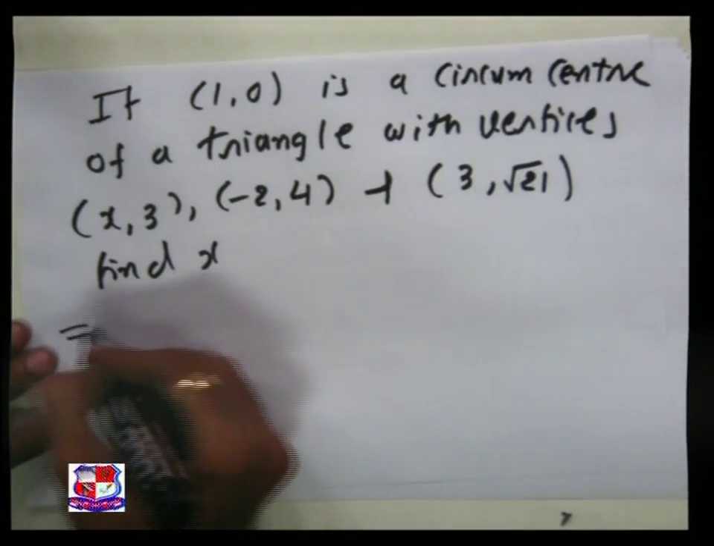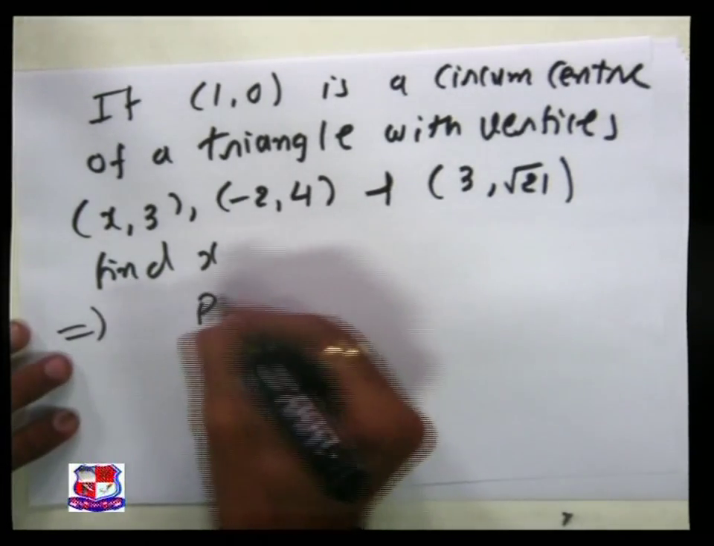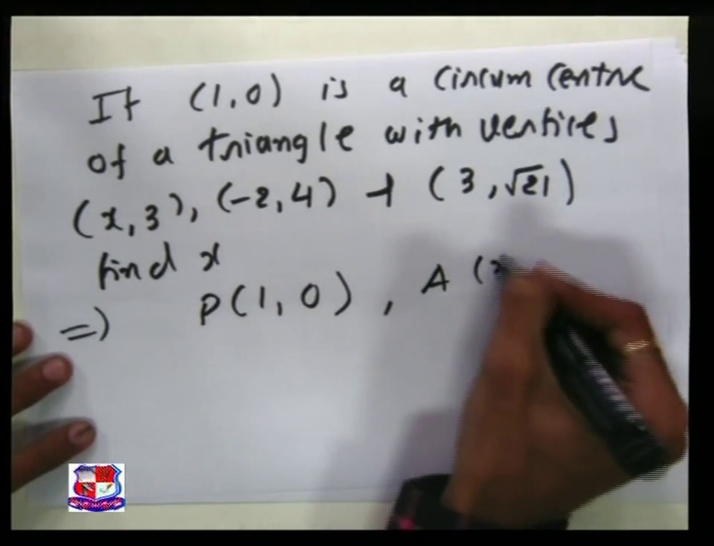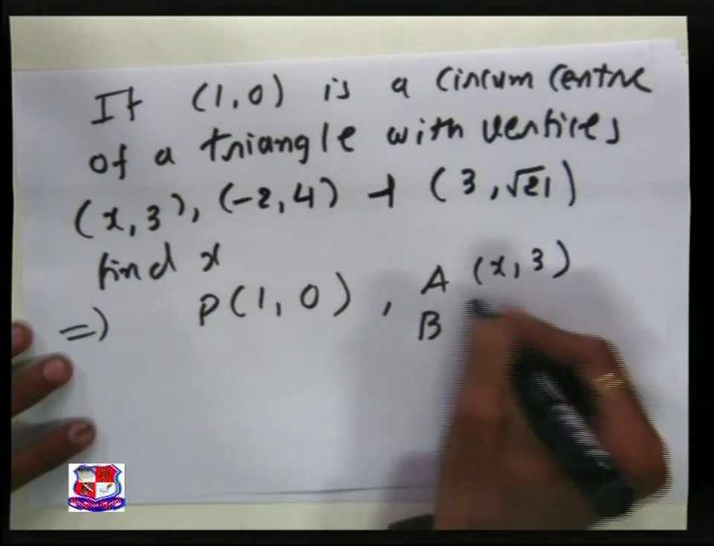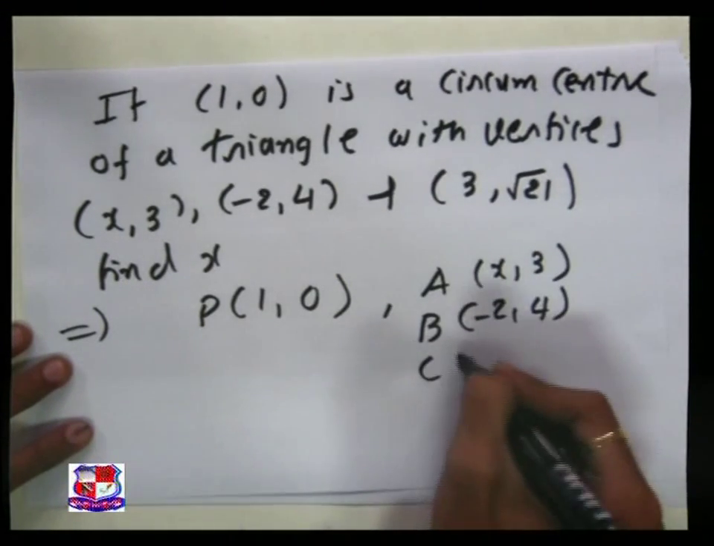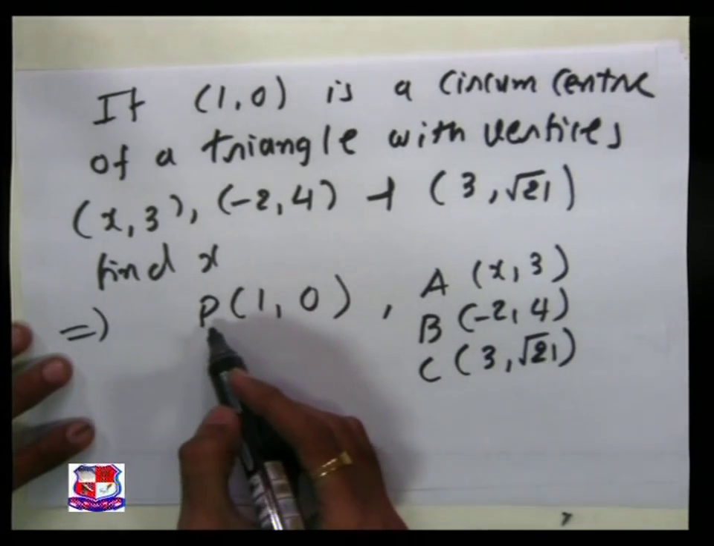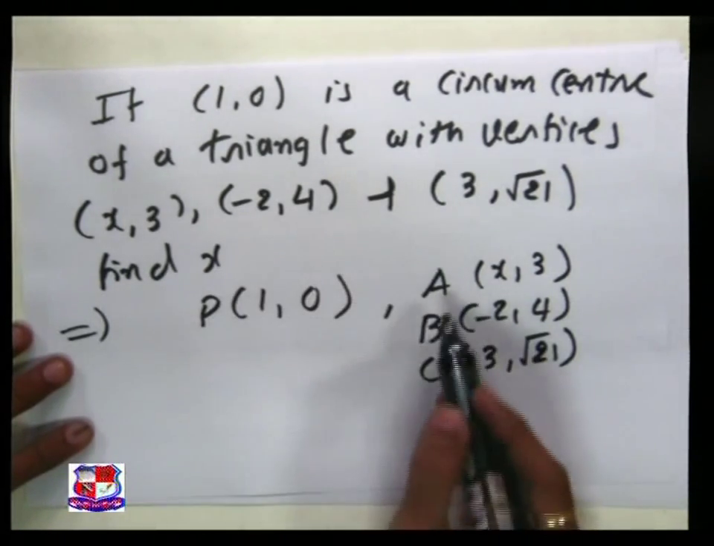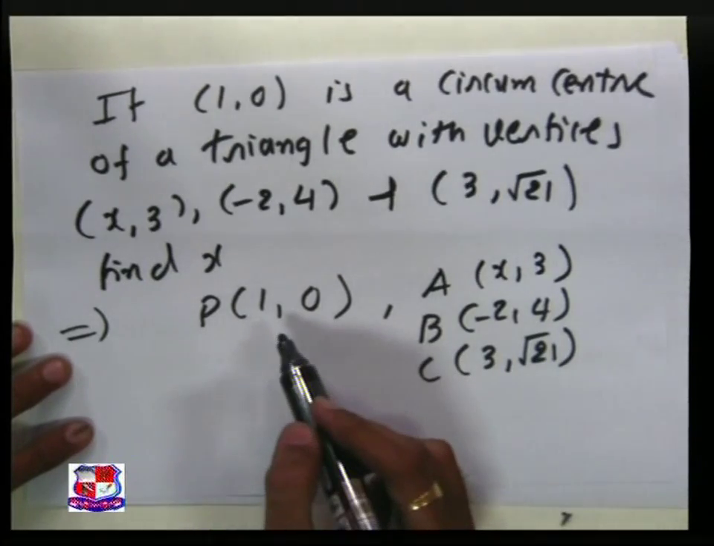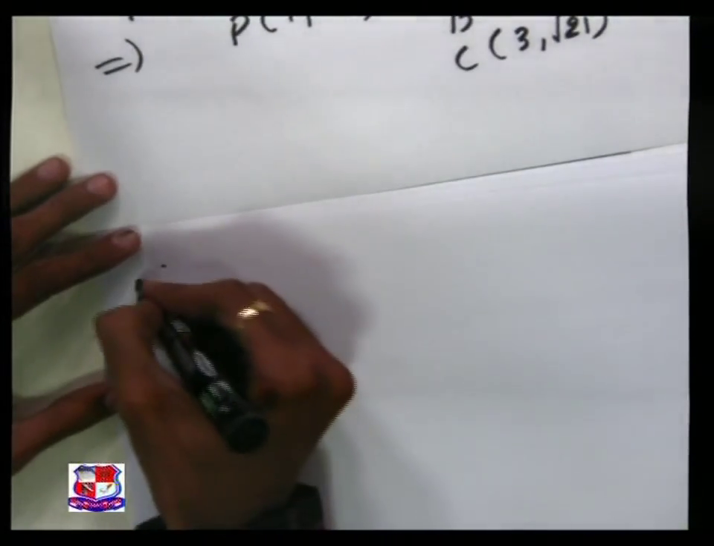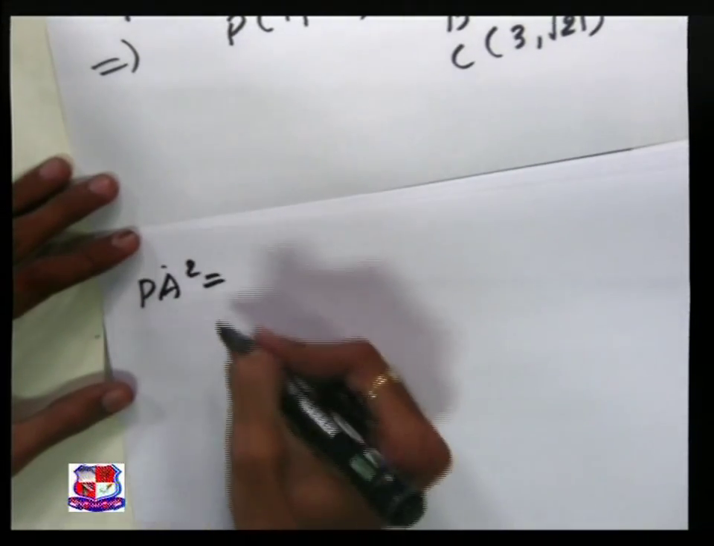So let us denote the circumcenter, that is P (1, 0), vertex A, that is (x, 3), B, that is (minus 2, 4), and C, that is (3, root 21). If P is the circumcenter of this triangle, then PA is equal to PB is equal to PC. So let us find PA, PB and PC. So here PA square is equal to